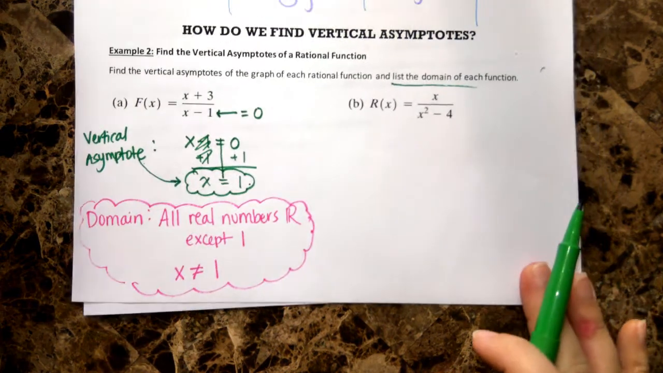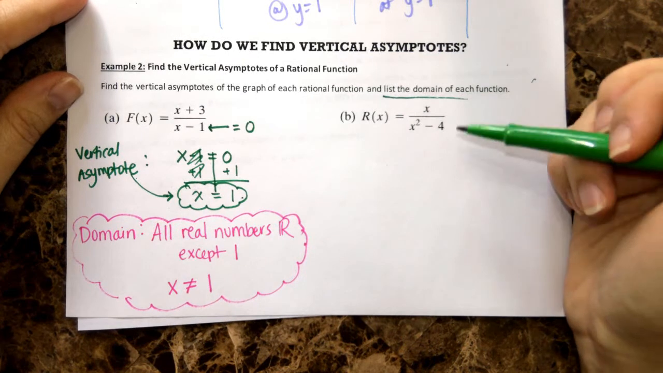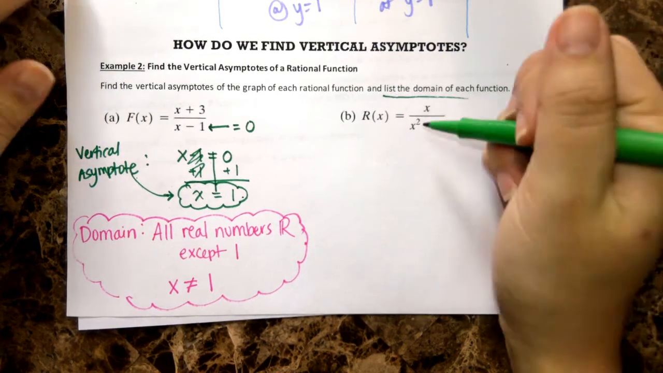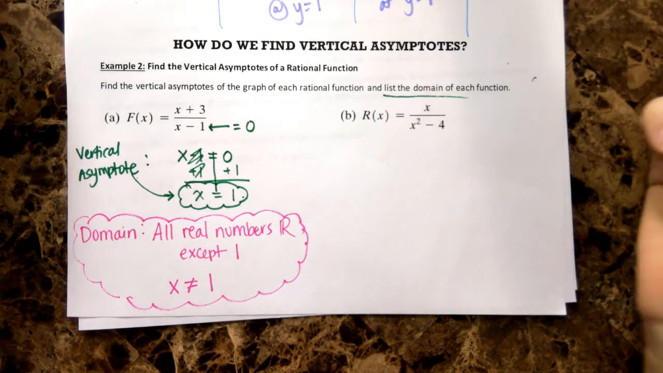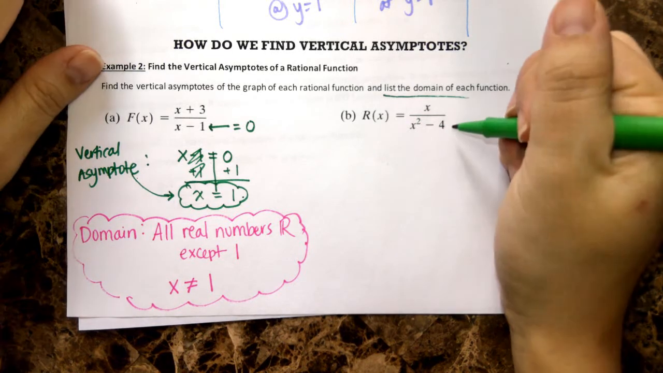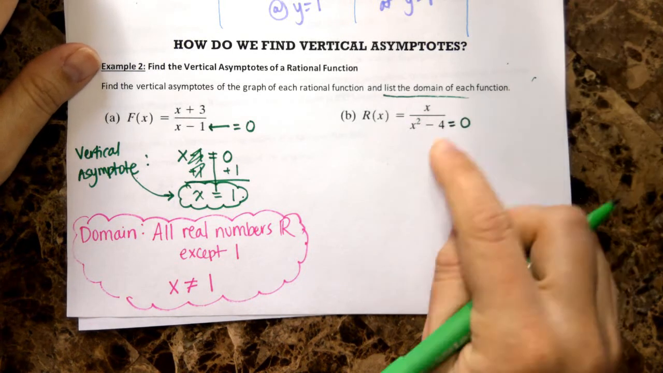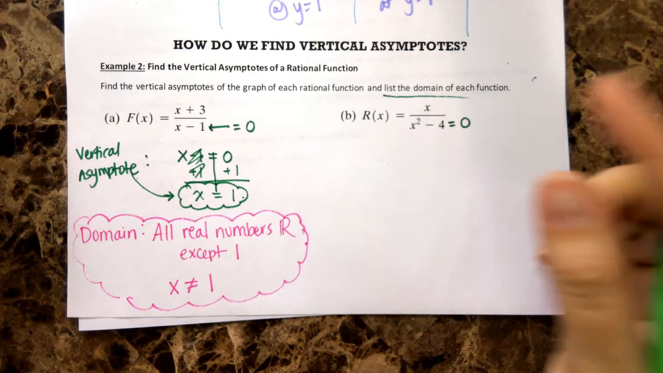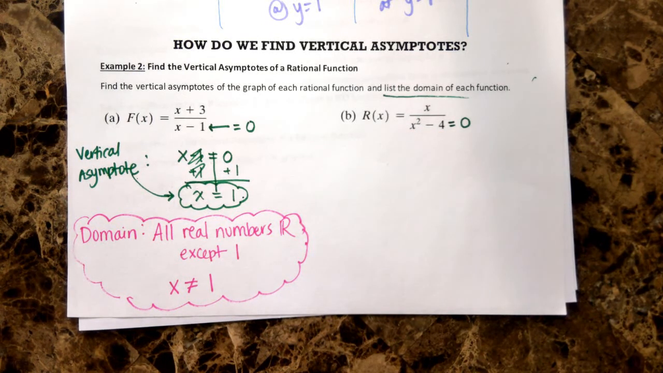Alright, same thing for the next one, part B. We want to figure out what are the vertical asymptotes. Where will this graph have vertical breaks? Well, the only time that happens is when the denominator is equal to 0. Because if there's a denominator of 0, then you know there's going to be errors, there's going to be vertical breaks, the graph's going to kind of